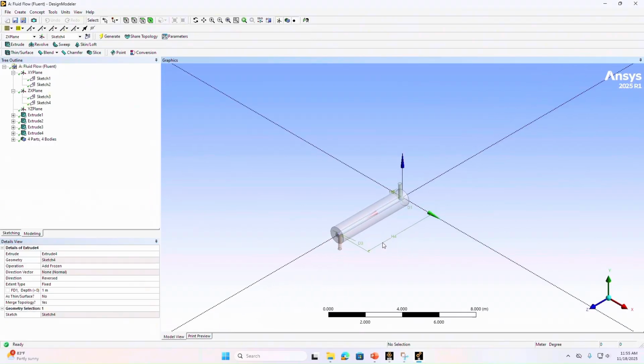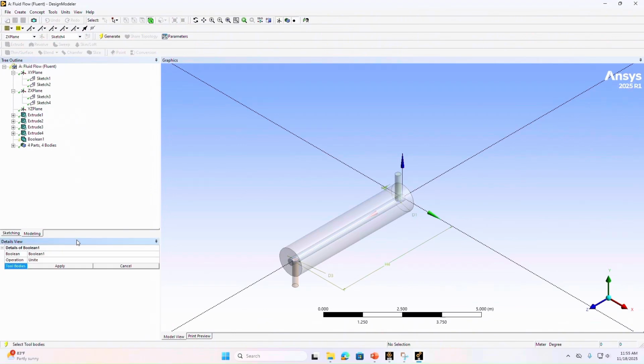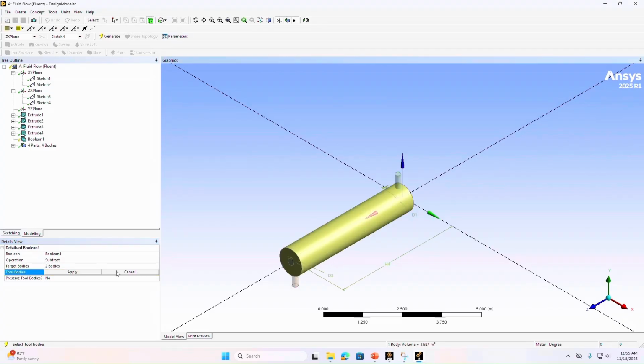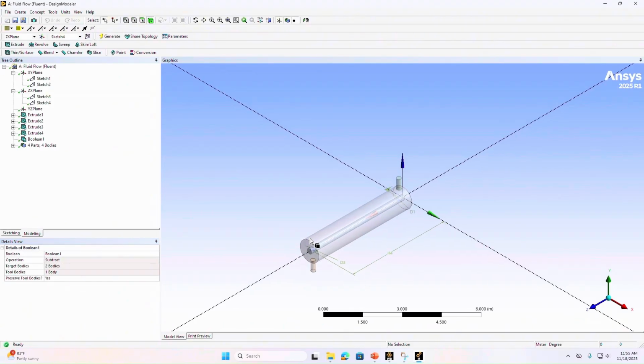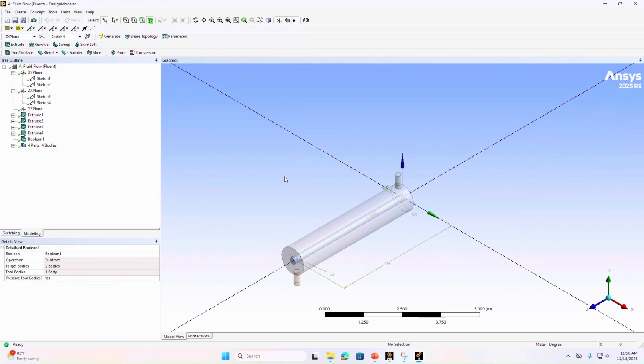So now you can kind of see the 3D view of the heat exchanger. So now we're going to create a boolean, and we'll change the operation to subtract. For the target bodies, we're going to click the inlet and the outlet of the shell side. And for the tool body, we'll click the shell. And we want to preserve the tool bodies. Click generate, and now you can see that we've subtracted the material on the inlet and outlet of the tubes